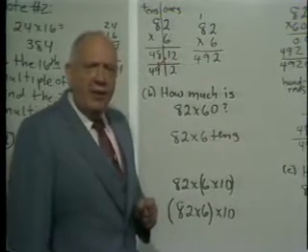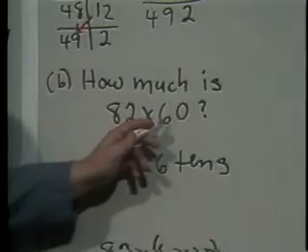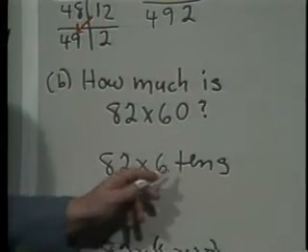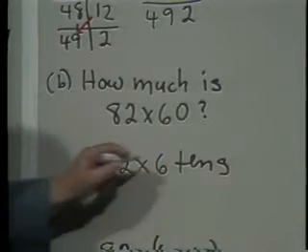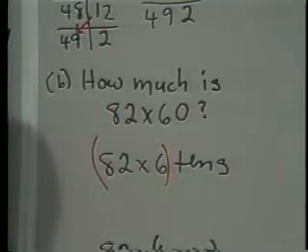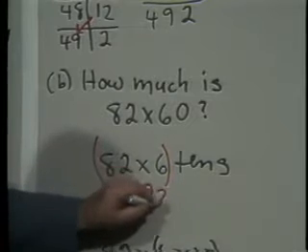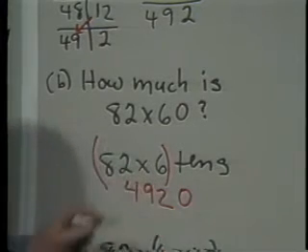And the way we get around that, well, there are several ways to look at it. One way is to say, look, 60 is another way of saying 6 10s. So what you're really doing is taking what? 6 10s 82 times. In other words, 82 times 6 is still 492, but 492 10s, how do you multiply by 10? You tack on a 0, so the answer would be